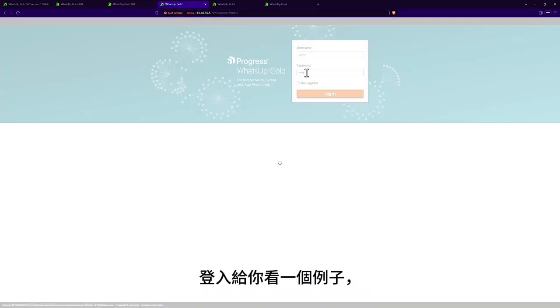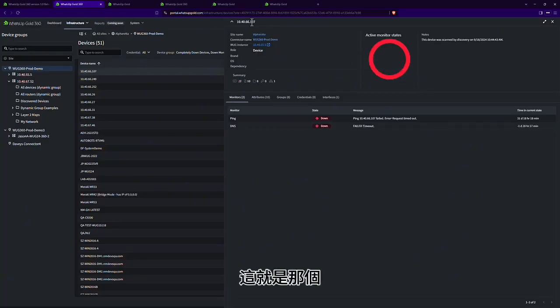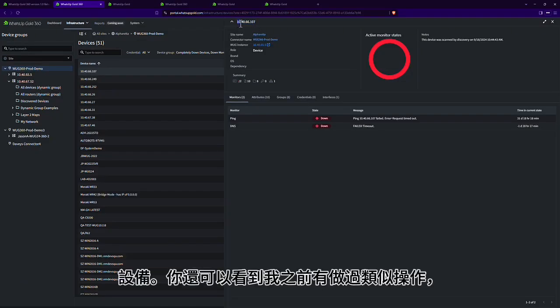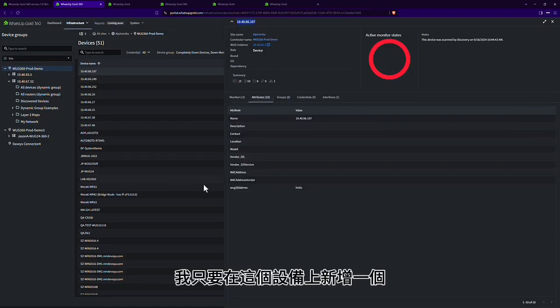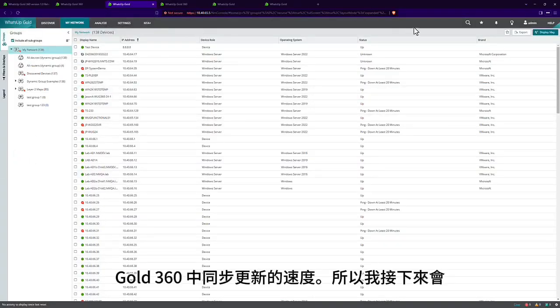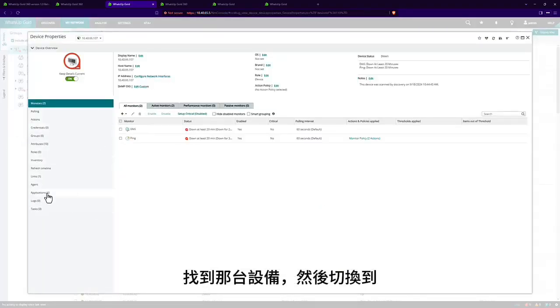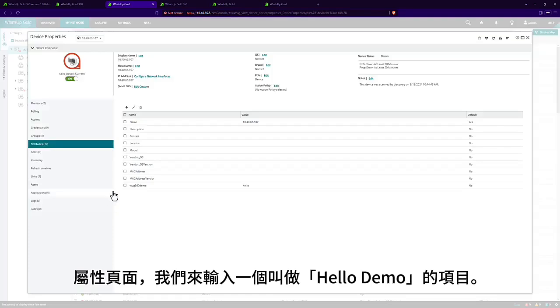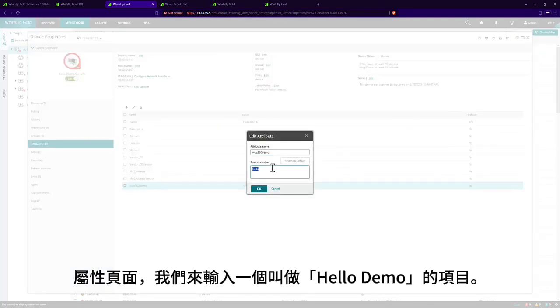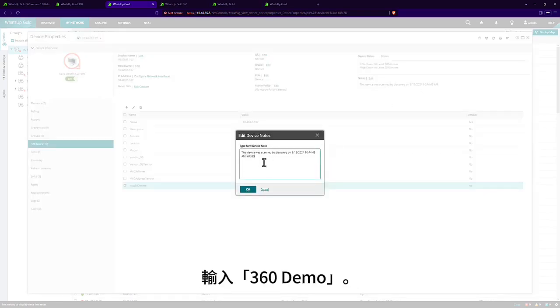I'm going to just log in and show you for example's sake. Let's come back over here. That was this device. And you can see I've done this before, just going and adding an attribute to this device to show how quickly it can update within WhatsUp Gold 360. So I'm going to go ahead and find that device, and I'm going to switch the attribute, and we'll say hello demo. Just update that. I'll update the note to, we'll say 360 demo,